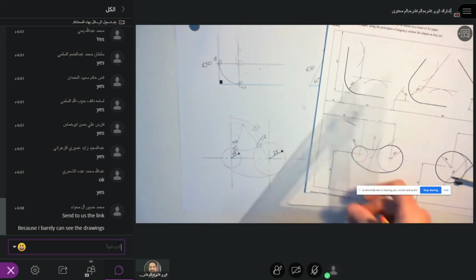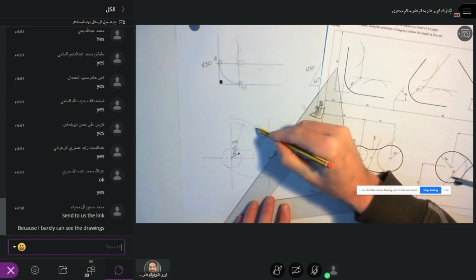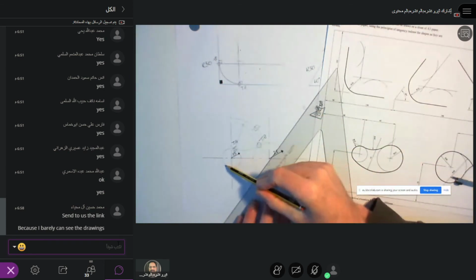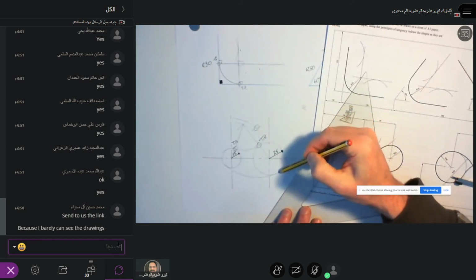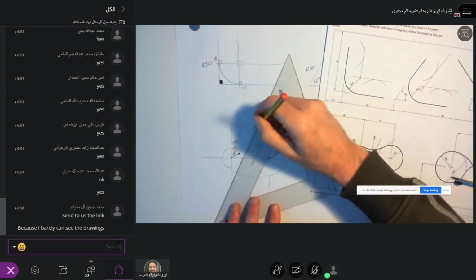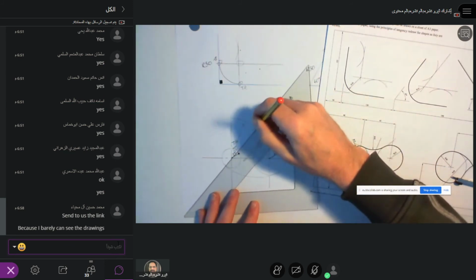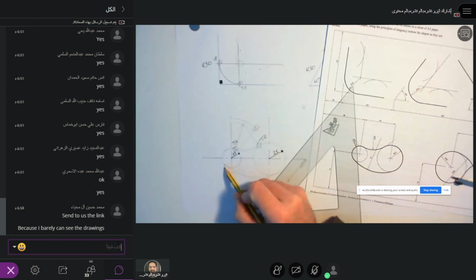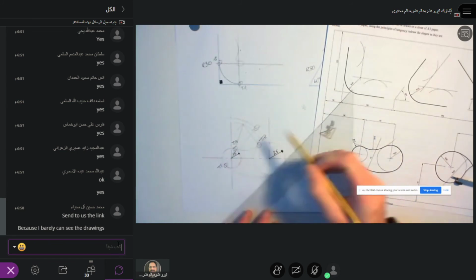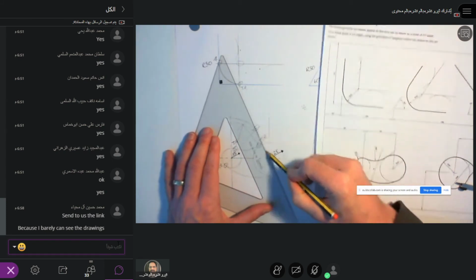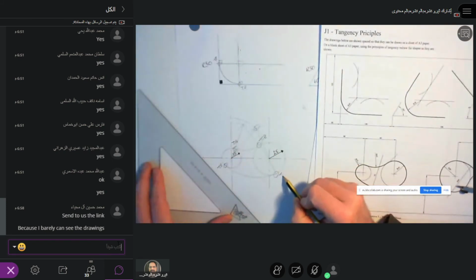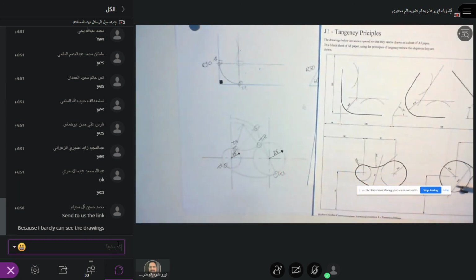What I have to do is use my straight edge again, line up this centre with that centre, that'll give me a tangent point for here, then line up this centre with that centre, that'll give me the tangent point there. So there's a tangent point, and lining up the centres, tangent point there. So I've now got a picture the same as this one here.